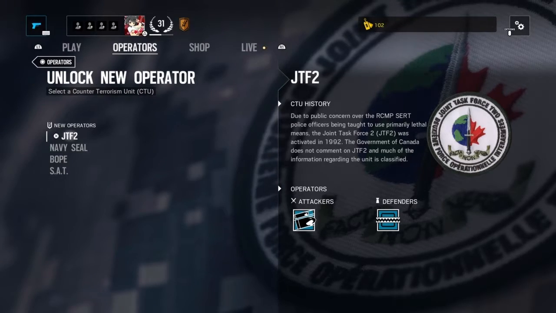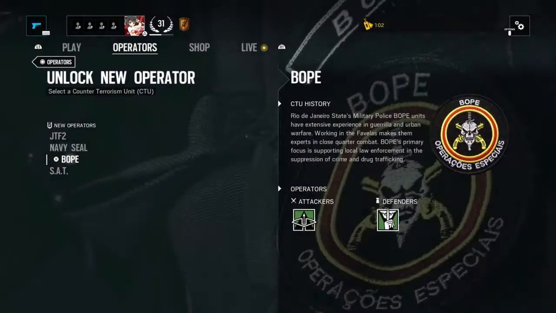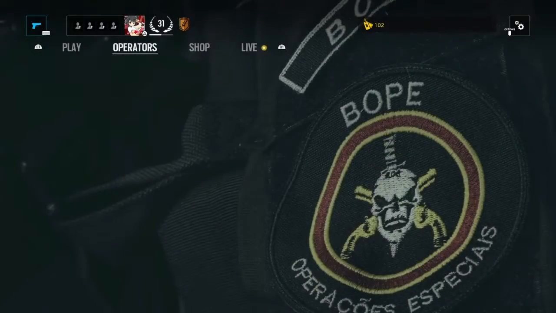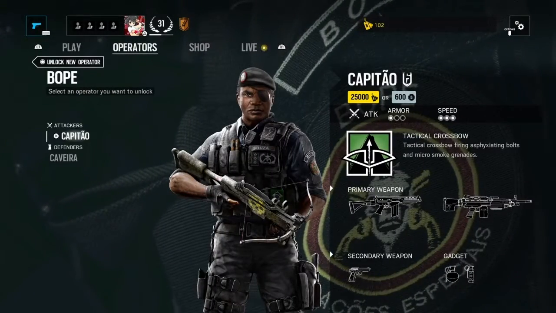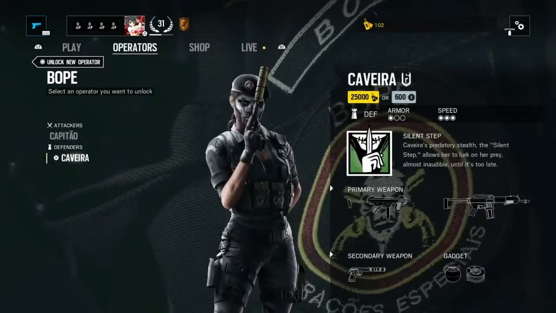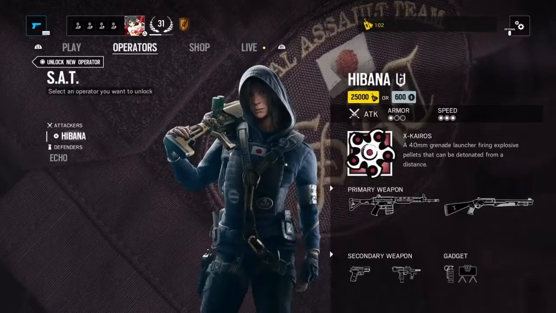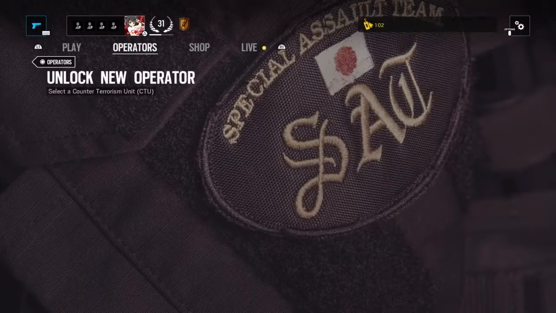Now these are the DLC characters that were free. You've got your Canadians, Navy SEALs, Brazilians, and Japanese. Now let's have a look at the Brazilians. Look how expensive he is. That's utterly ridiculous. Look how expensive she is. Now let's go to the Japanese. Same with them. That is utter...